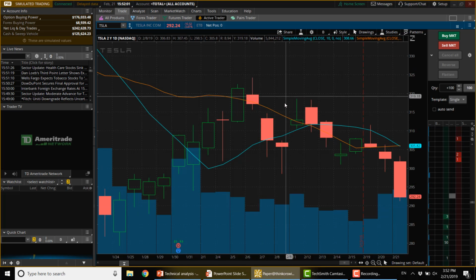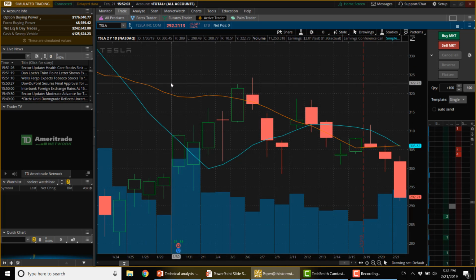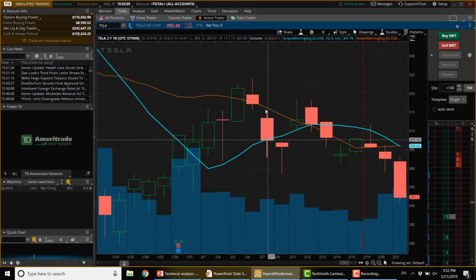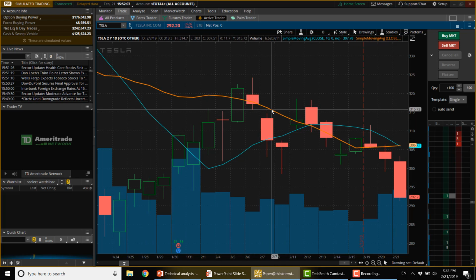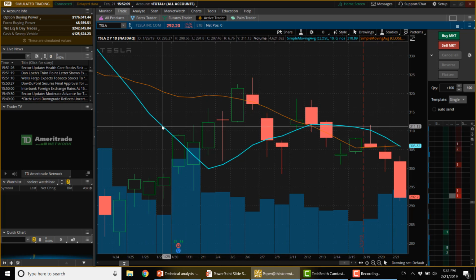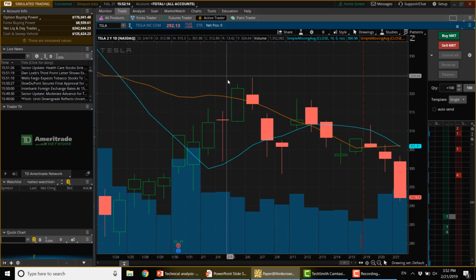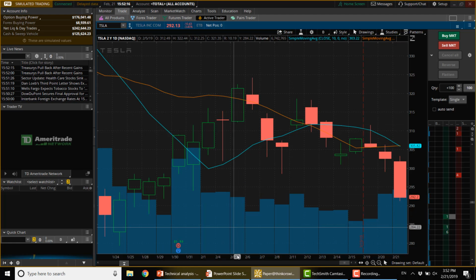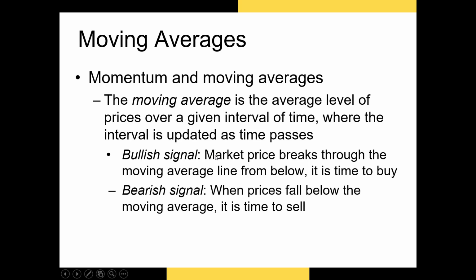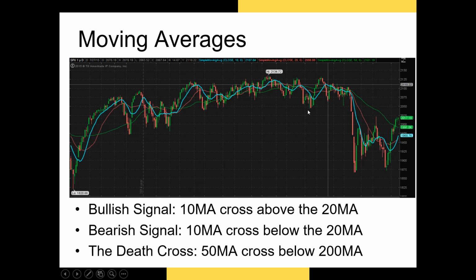All right, so now you can see that our simple moving average over the last 20 days prior to the trading day is orange, and our 10-day moving average is teal. So how do we read this, or how do we interpret moving averages? Well, I'll go back to my slide for a second, and there's a couple of different signals that are created